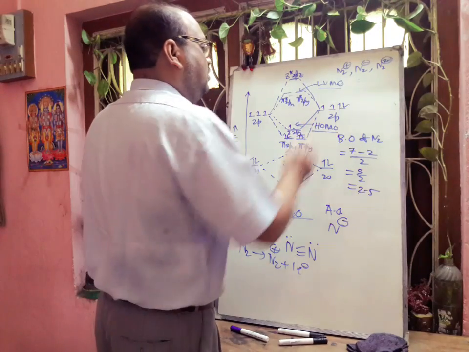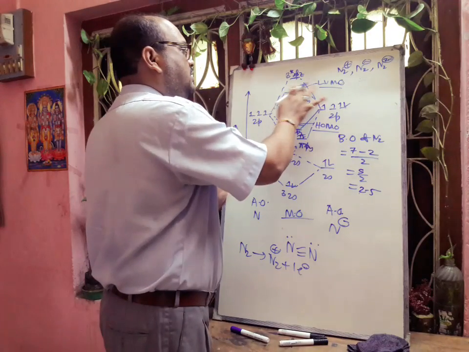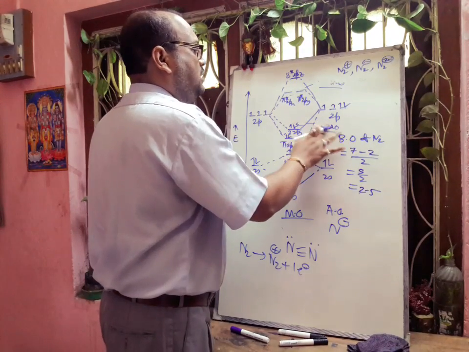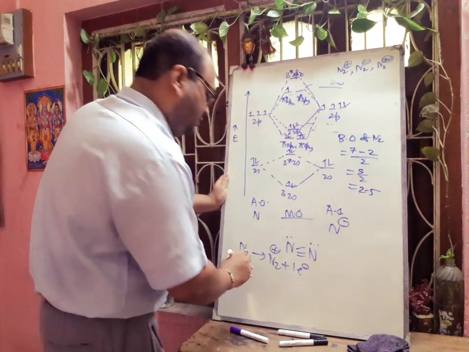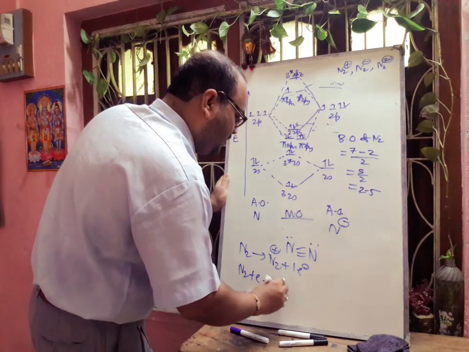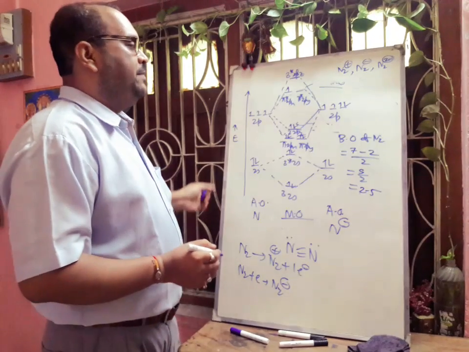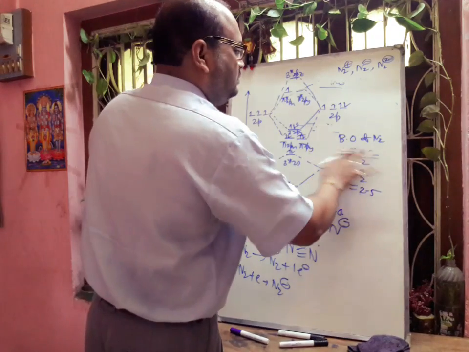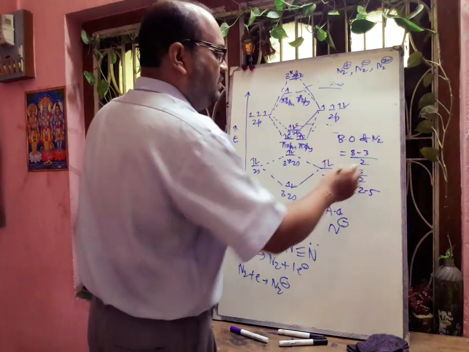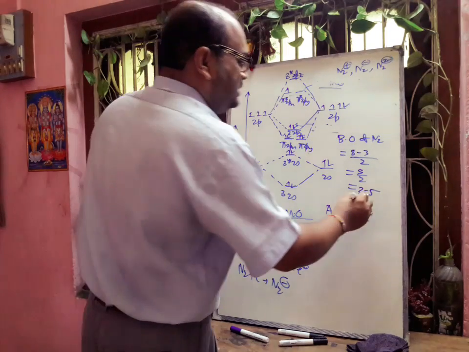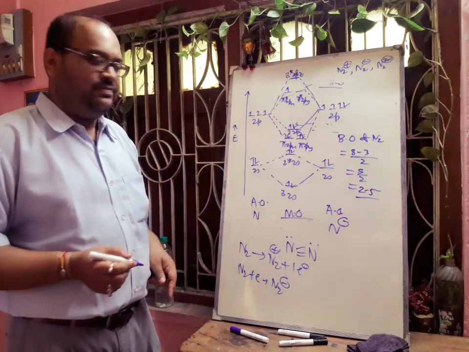Okay. Next, if we discuss the N2 minus, here it will be minus, and the total number of electrons here will be 4, this 2p4. Here we have to add one electron because nitrogen is accepting one electron forming N2 minus. So in this case one electron will be here. So definitely the bond order will be total number of bonding electrons 8 minus 3 divided by 2, that will be 5 by 2. Okay, that is 2.5. That means N2 plus and N2 minus bond order is same.